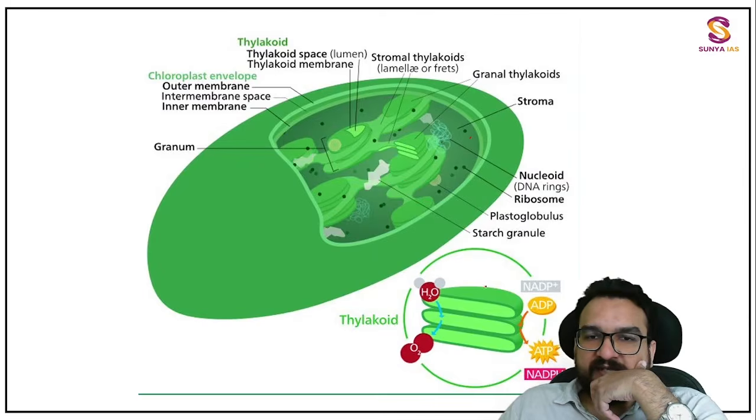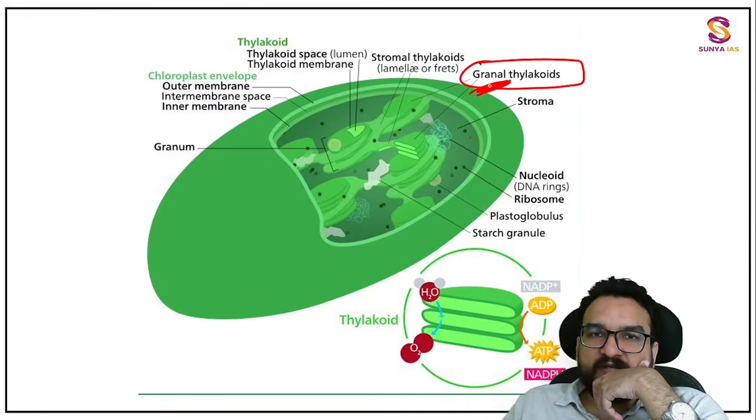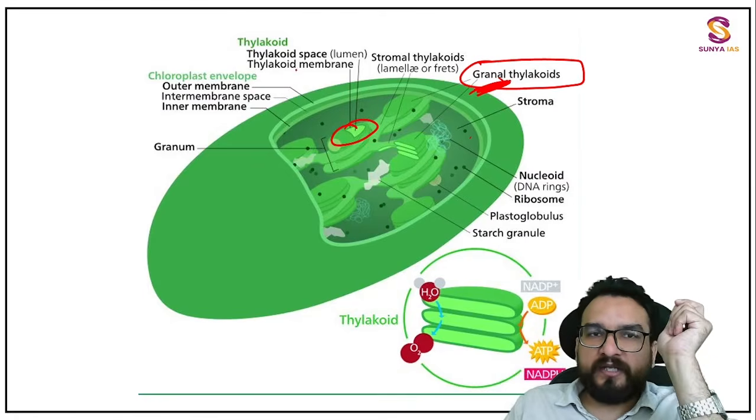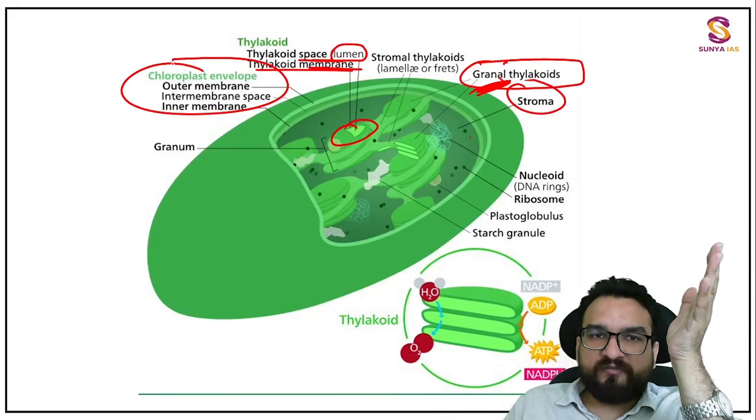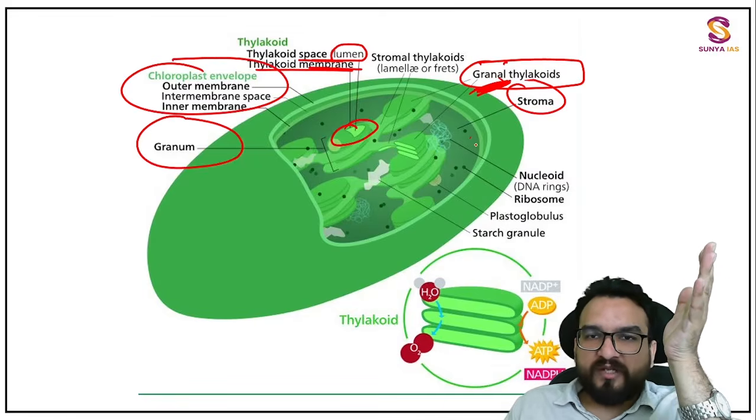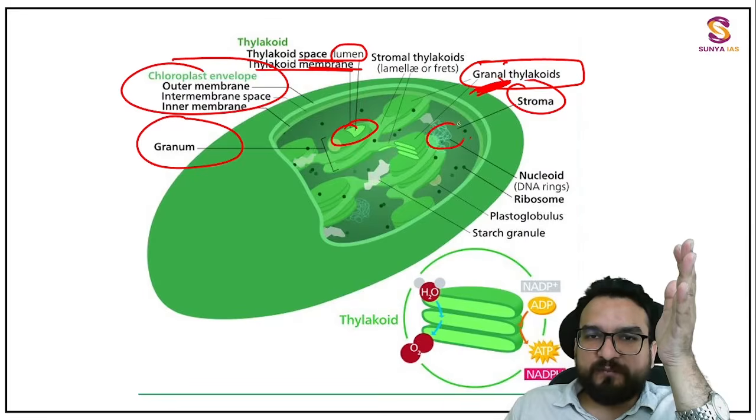So how are these contained? This is a thylakoid layer, and the stack of thylakoids is known as grana. So granum thylakoid is written over here. And then one unit will be known as thylakoid. If you open up thylakoid, there will be the thylakoid space that is known as lumen, and the thylakoid membrane. Any doubt? Stroma, this you have seen, granum you have seen. Now you understand that in the stroma there will be circular DNA, nucleoid is written. There will be ribosome, ribosome is written.